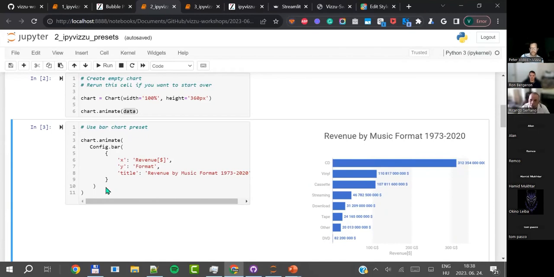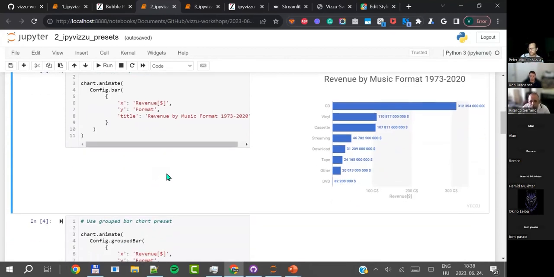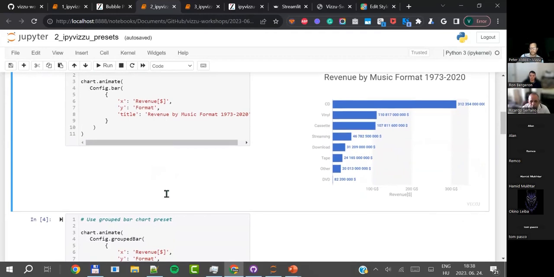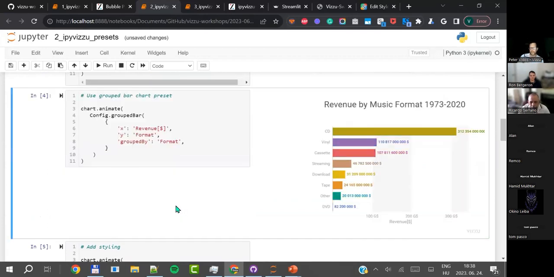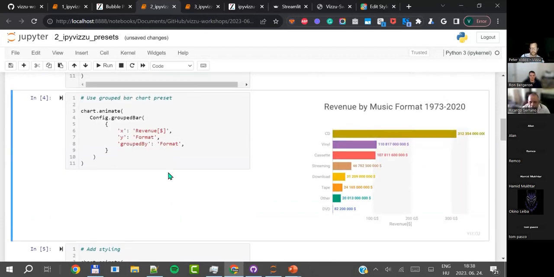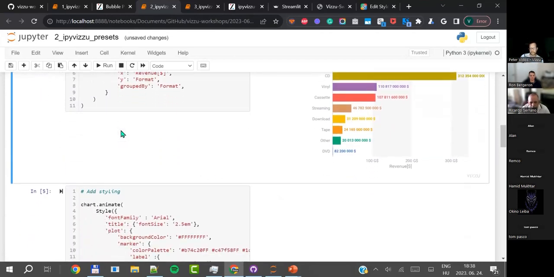Now I like that it works, but I don't like the way it looks. So first of all, I'm going to just change it to a grouped bar chart, and this will change the coloring because in a grouped bar chart, every group has to have a different color. Now it's a lot nicer, but I still have issues with these long numbers that are written there and other things. And this is where styling comes into place.